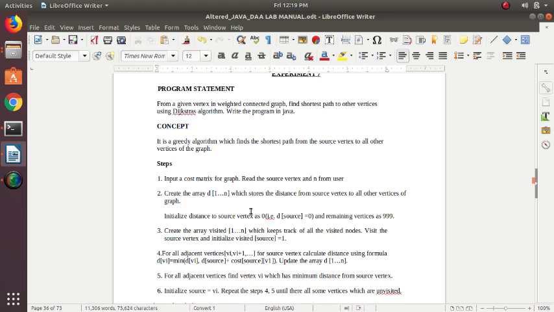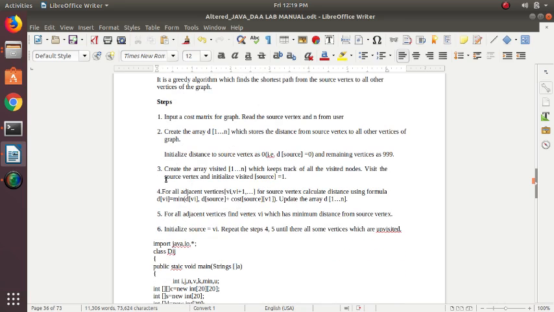Then create an array which stores the distance from the source vertex to all other vertices, and create a visited array. That means you should start from the source vertex and start traveling. You visit the next vertex which has less weight, and keep on visiting all other nodes. For all adjacent vertices of the source vertex, calculate the distance using this formula and update the distance.